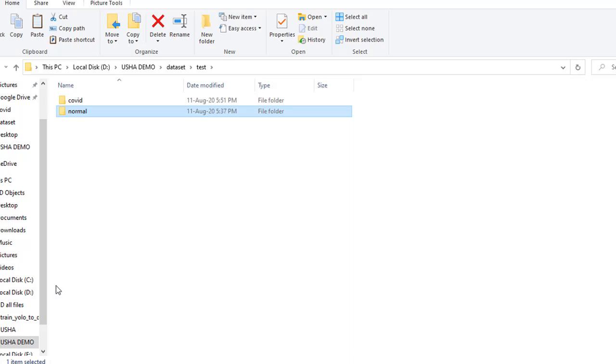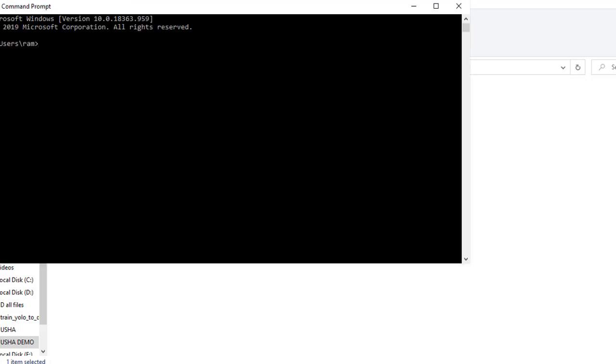So let's begin. I'm going to a command prompt. I have all my folders in my D drive, so I'm changing my directory from the C drive. My folders are there in my Usha Demo.